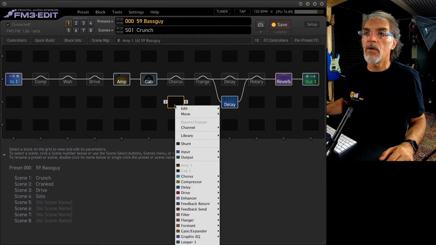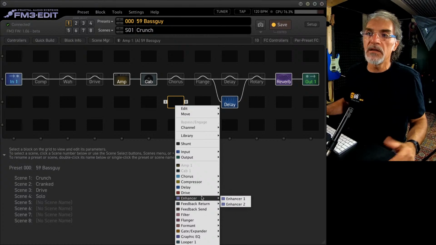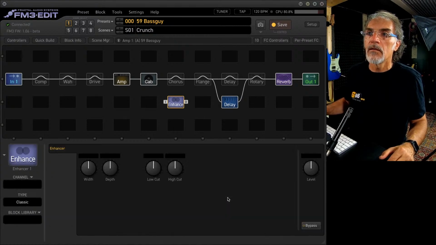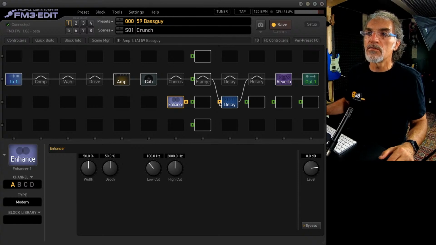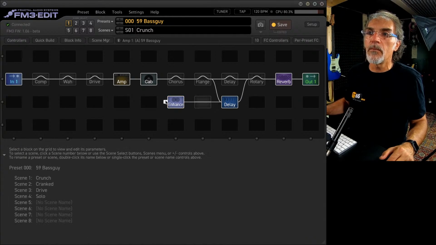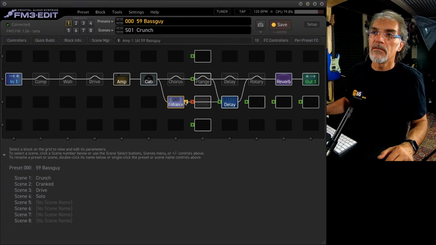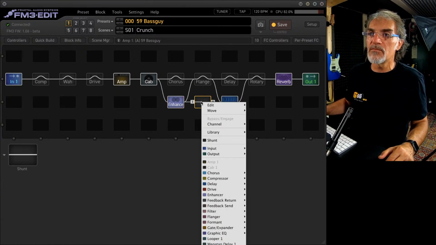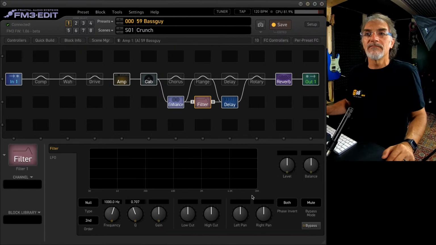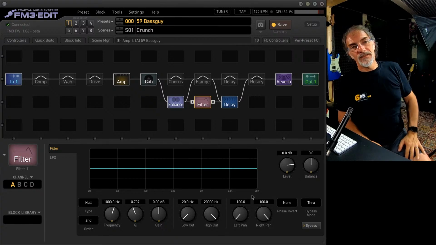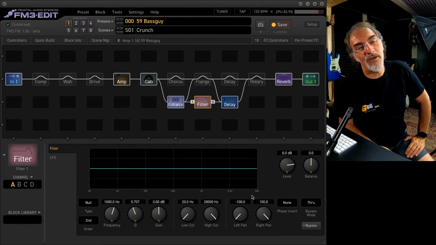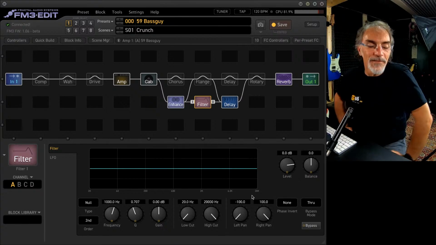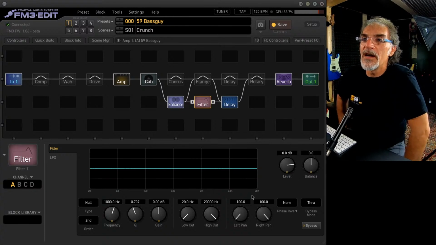For example, I want to make a block like the enhancer. And I can also create very complex links and so on. This is really nice because sometimes your fantasy is the limit of the rig creation. So you can do anything.